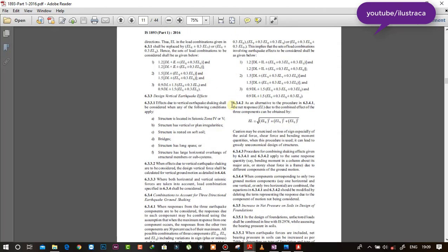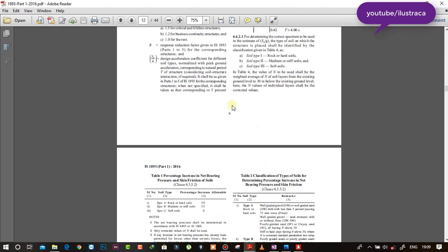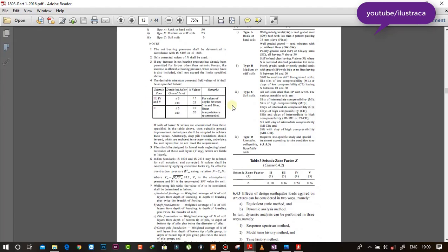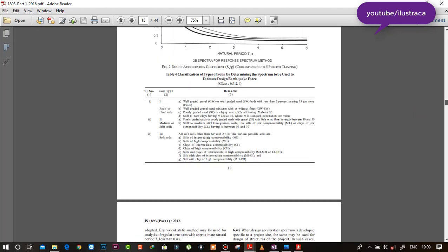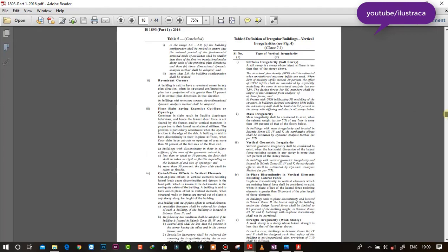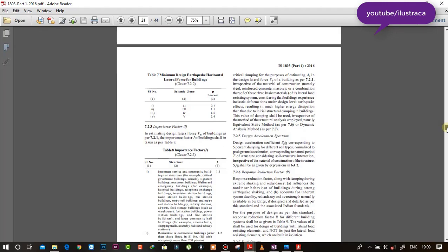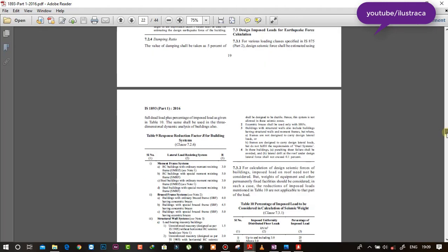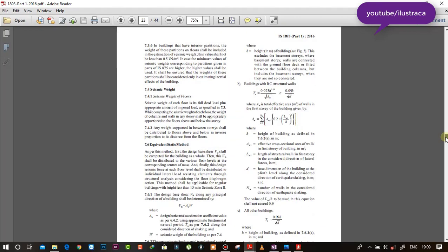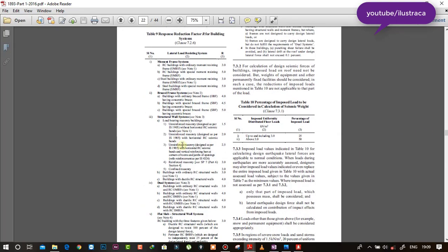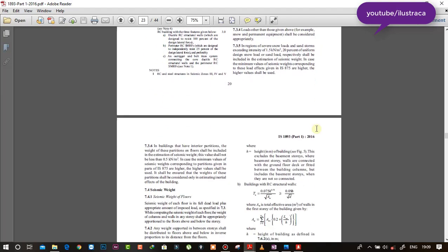If you go a little bit down, you can see these values, the response reduction factors are there, and it is written here that 25% and 50% we should use if it is including 3 kN and more than 3 kN.